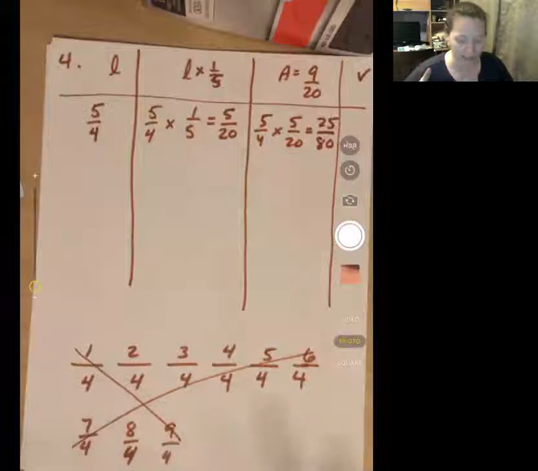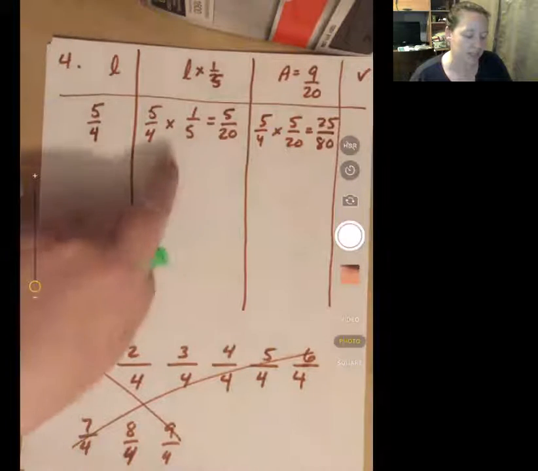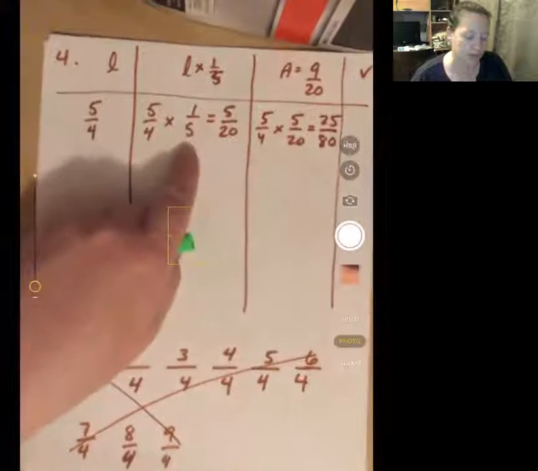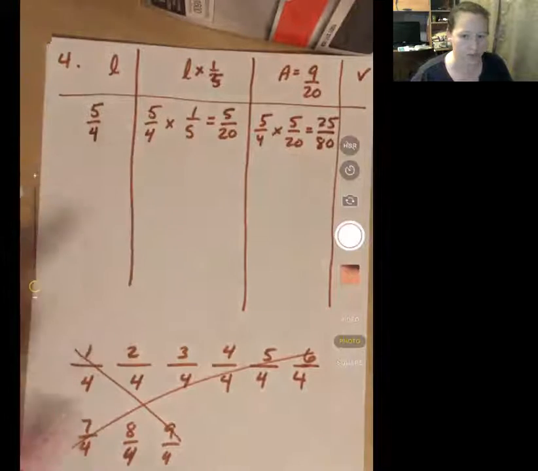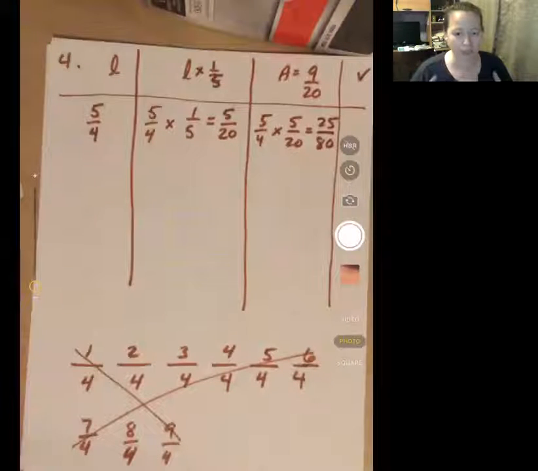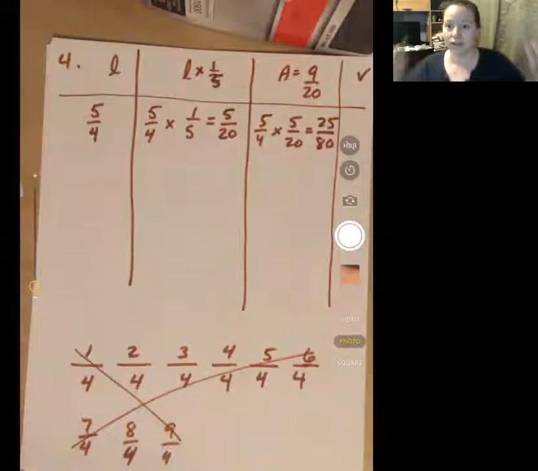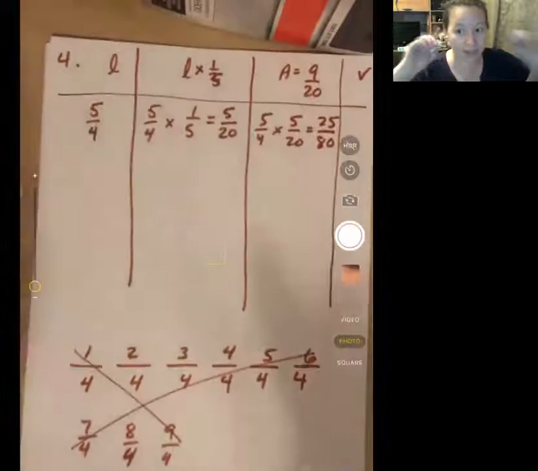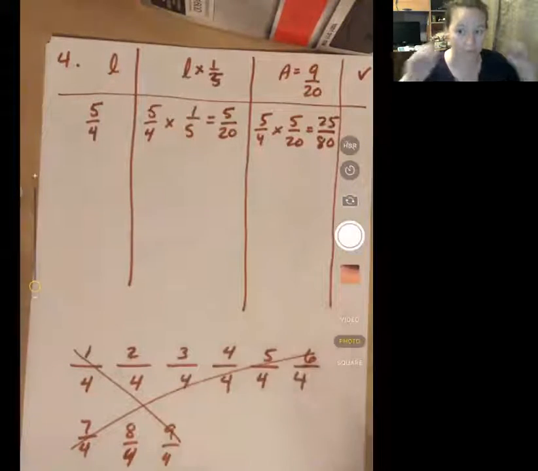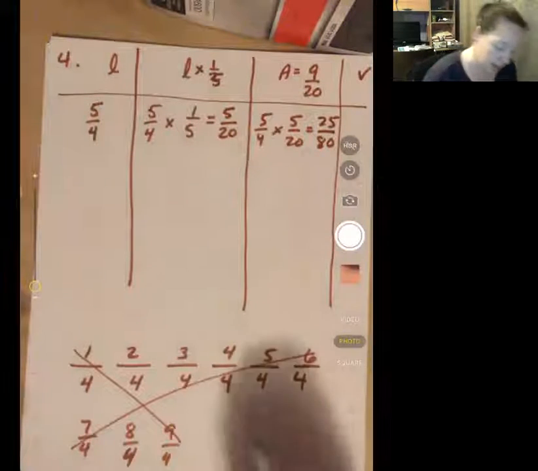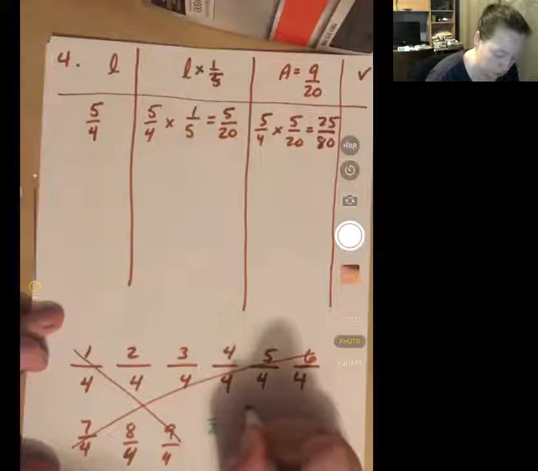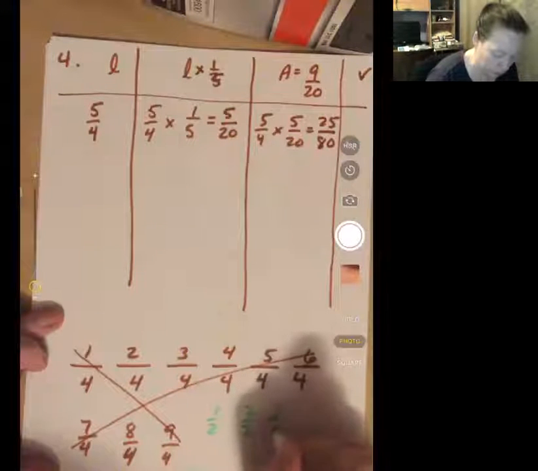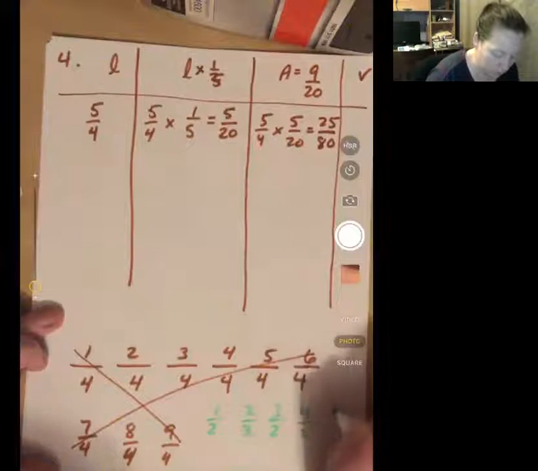Let's retry this. How about, because I wanted to eventually end up being a 4 times 5. And I wanted to eventually get there. How about we try it with a 2 instead? 2 might work. We still need to make this an even number. We can make things even by using 2's. So let's try that. So I have 1 over 2, 2 over 2, 3 over 2, 4 over 2, 5